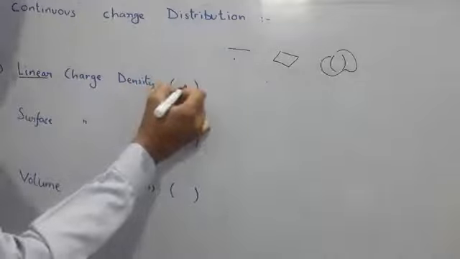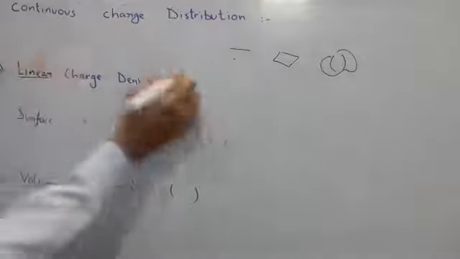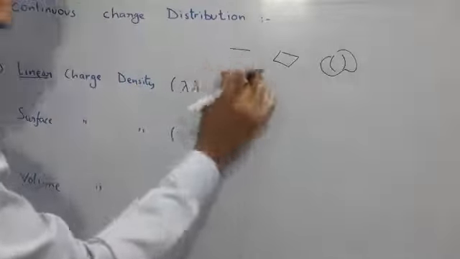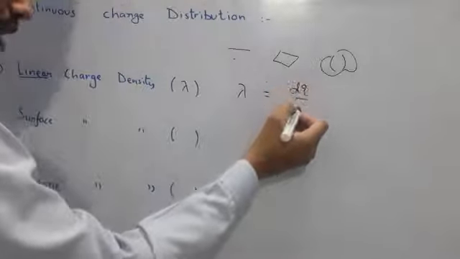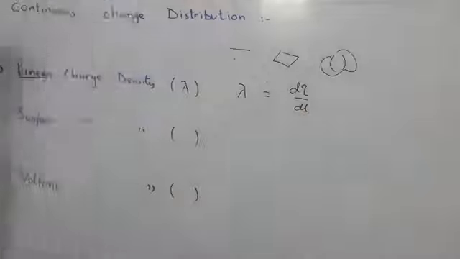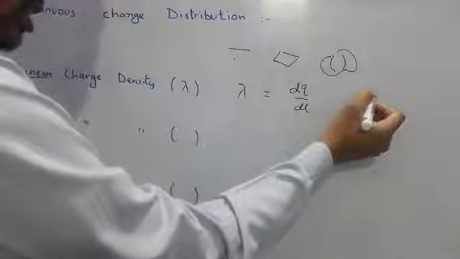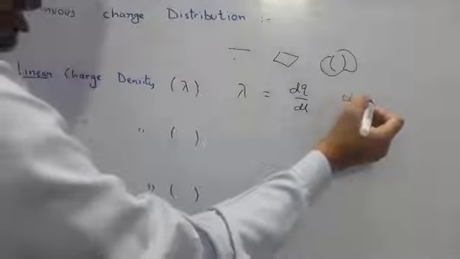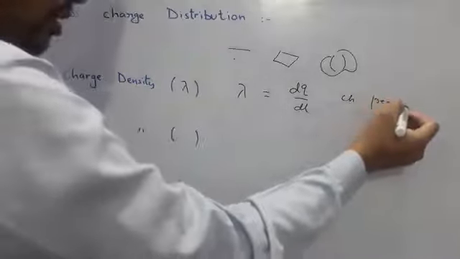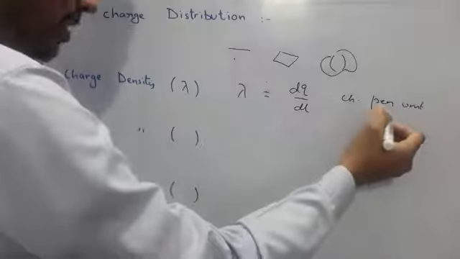Linear charge density we will denote by lambda, and we will define it as lambda is equal to charge per unit length. So dq by dl, you can also write it is defined as q upon l. So this becomes charge per unit length,